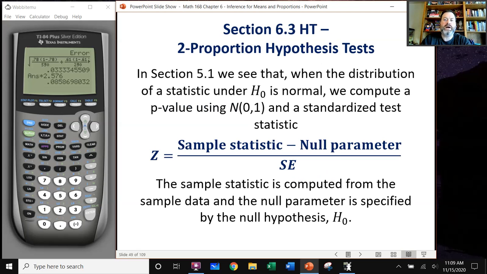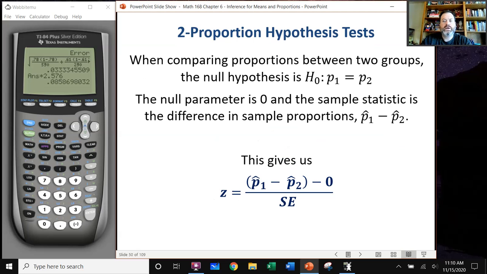Two proportion hypothesis tests. So here I'm using the template developed in Chapter 5. And we're really just going to do it the same way. Check that the sample is large, if required. Compute the standard error, and then compute the z-score, the standardized test statistic. And when we compare proportions between 2 groups, the null hypothesis is that the proportions are equal. So that means the null parameter is 0,